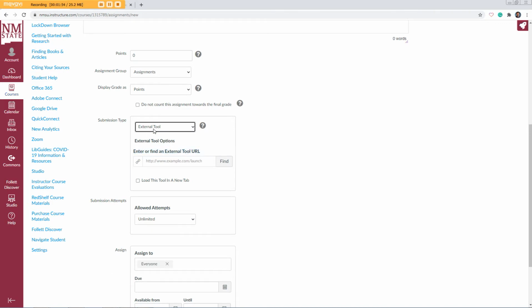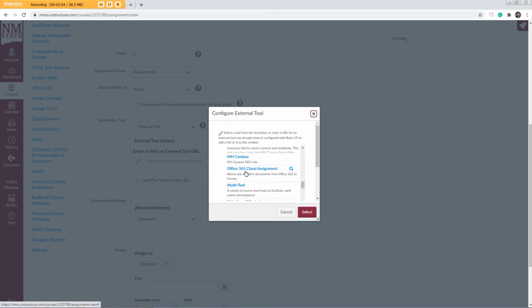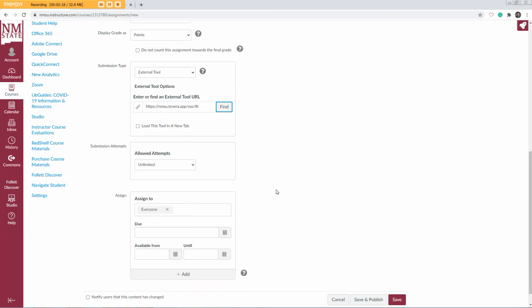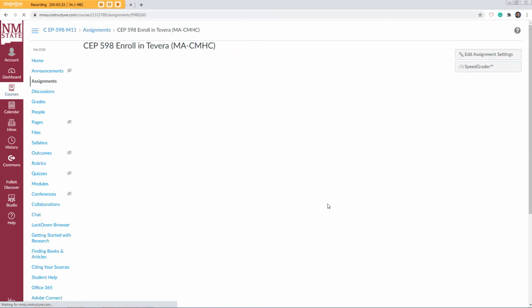And then once we have the external tool selected, you want to click on this find button, and then we've worked with ICT to automatically add Tevera into an external tool. So what you want to do is scroll down and click on Tevera CMHC, and then once you have it highlighted, say select. And then all we do now is say save and publish, and it might take a second to load, but